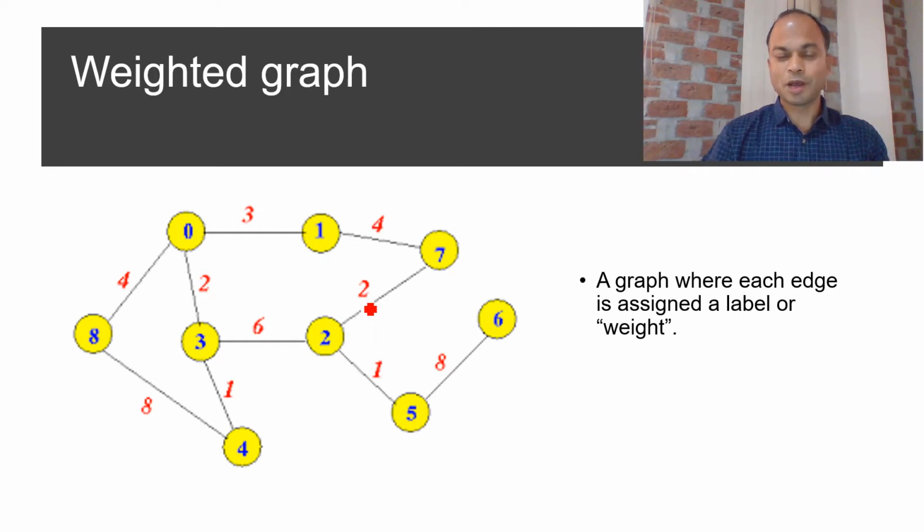And weighted graphs are basically used particularly in the shortest path problem. I mean, if the source is 8 and the destination is 7, then how can we compute the path from 8 to 7 so that the distance should be minimum? Such problems are managed by the weighted graph.